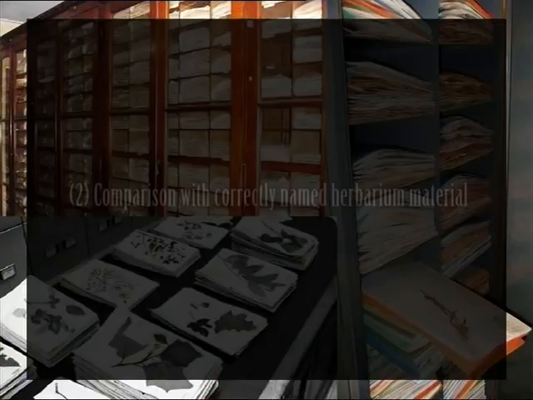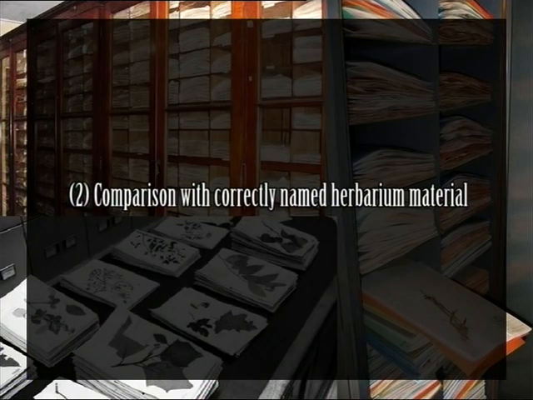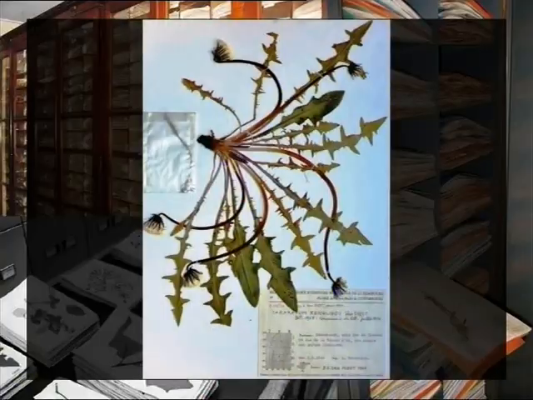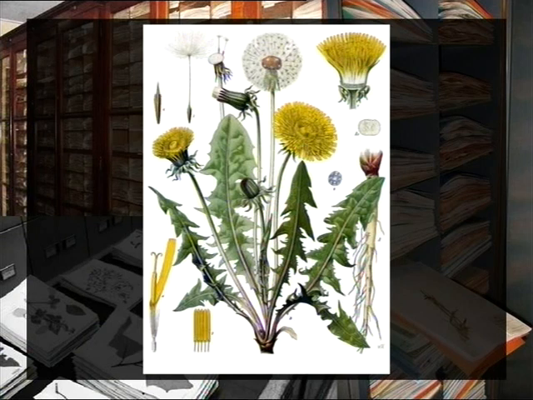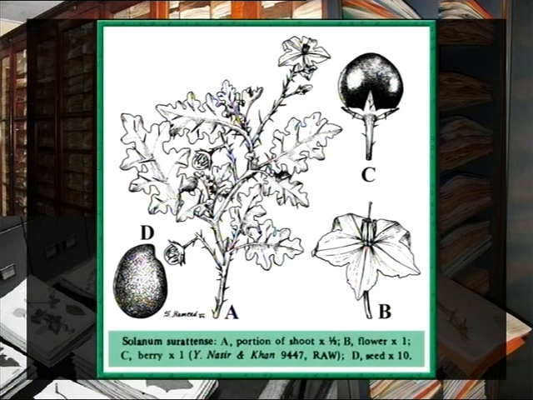Now we come to the next method, that is comparison with correctly named materials in a herbarium. The second most important method of identification is the comparison of the unknown with correctly named specimens, photographs, illustrations or descriptions. However, this method is workable only when there is sufficient material for identification in the form of reliable named specimens in the herbarium or museum,